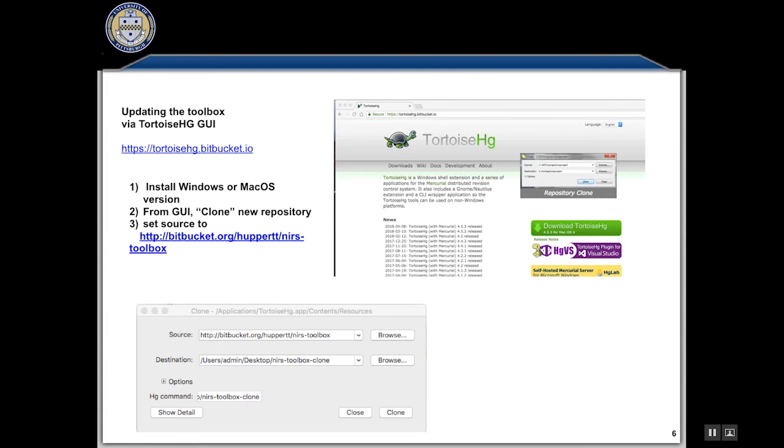Okay. So the Bitbucket site, if you go to that, it'll download the entire toolbox. But Bitbucket uses what's called a CVS. It's basically a way of tracking changes within the program. And so what we recommend is that you use one of these CVS programs so that you can keep up with changes in the toolbox. And the one to use, if this works on a Mac, but it's really nice on Windows, is this